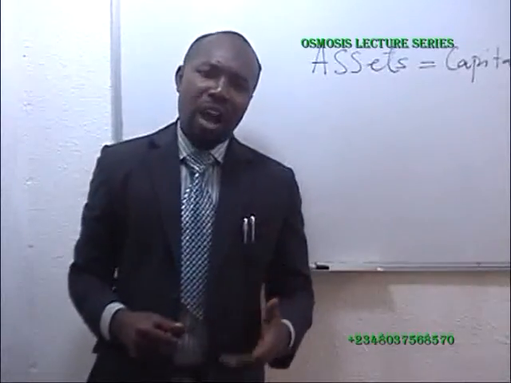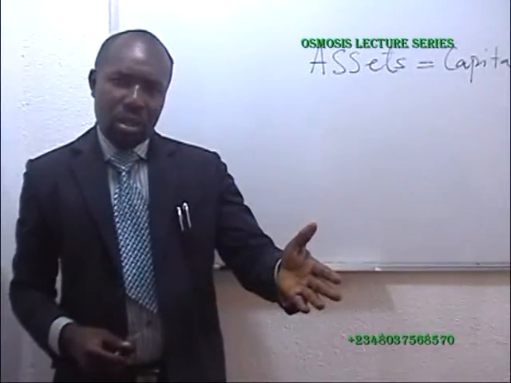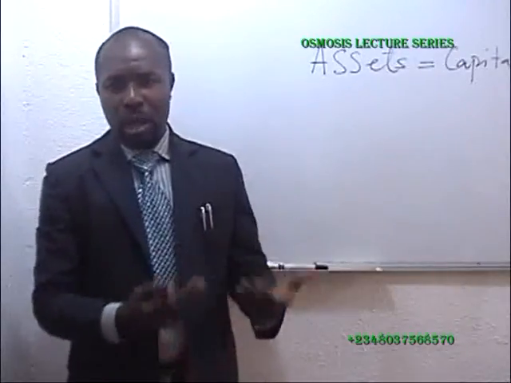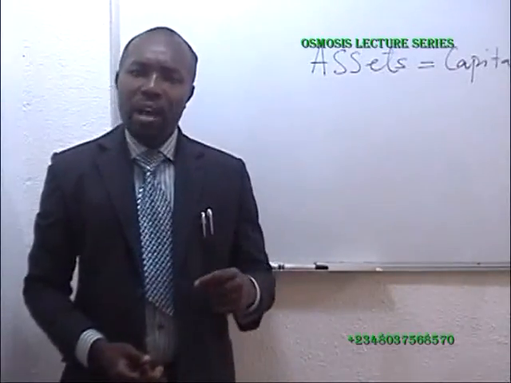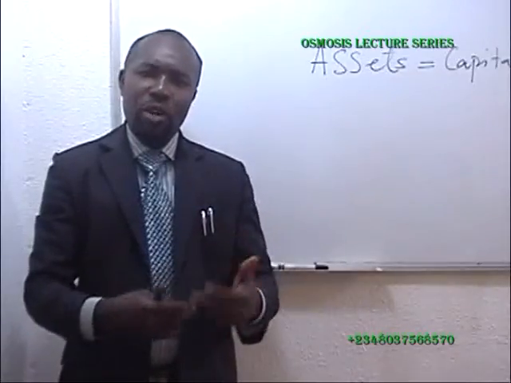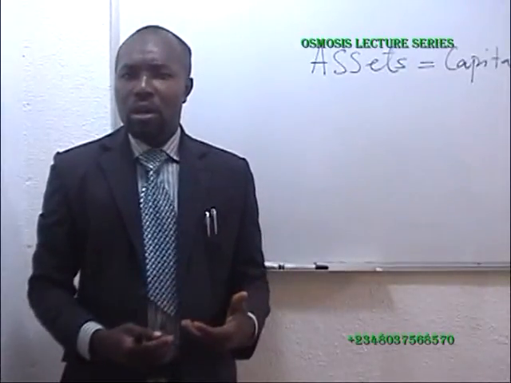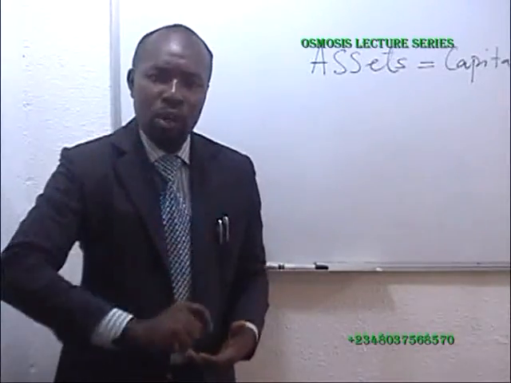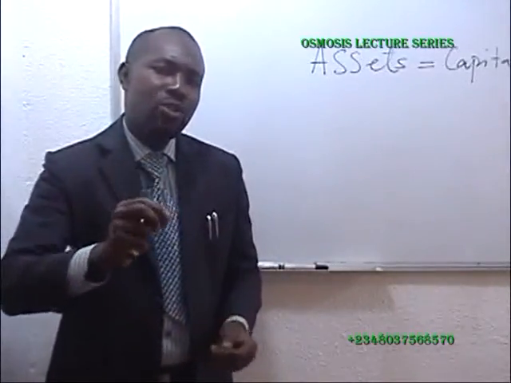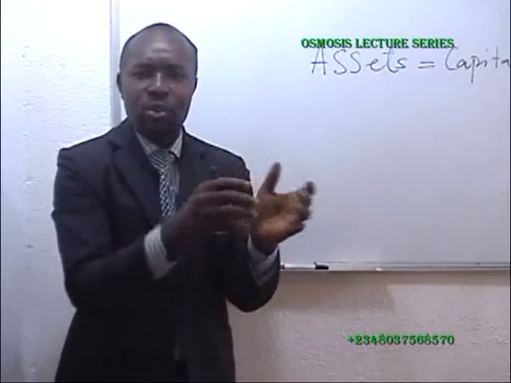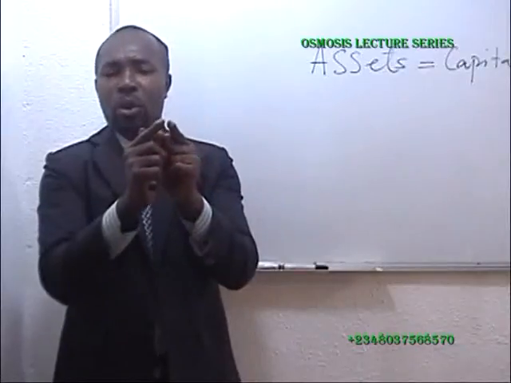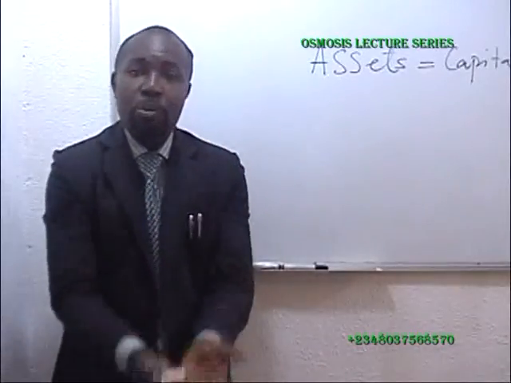When you have your debtors account, you see the individual account of your debtors. For the control account, when you prepare the individual account of each of your debtors, you now begin to transfer them to the control account. In the control account, you will not see the individual names. All you will see there is the total debtors, when you must have added all the people owing you.